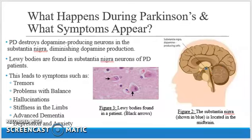So, what really happens during Parkinson's and what symptoms seem to appear within these patients? Well, PD destroys the dopamine producing neurons in the substantia nigra, which is the small blue portion shown in figure 2, and it's found tucked in the midbrain. That portion is a basal ganglia structure that is responsible for dopamine production, among other functions involving reward and coordination. So when this disease destroys cells in this region, it ultimately diminishes dopamine production and causes issues with balance and